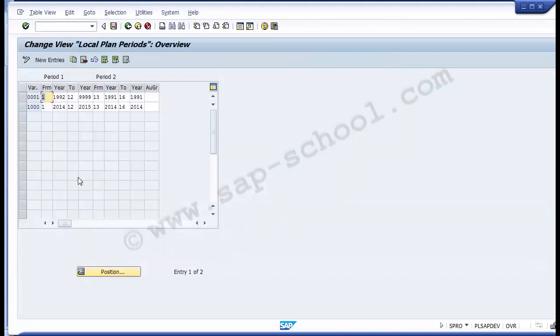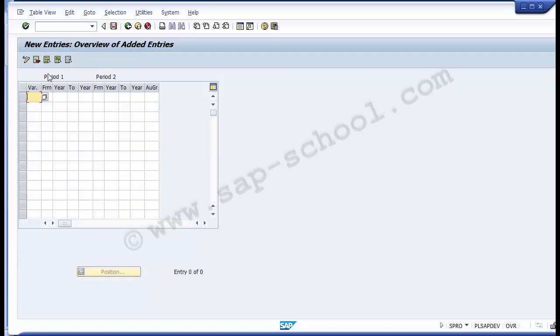as executed as on the screen, you can see now that the various periods have already been defined. So similarly you need to select one of them and then you can copy them. That is one of the options, or the another option is you can even go for a new entries over here on the screen. So it's up to you which of them you want to go for. Suppose we go for the new entries. So now we can go for the new entry over here. We can create a variant. Suppose I create a variant